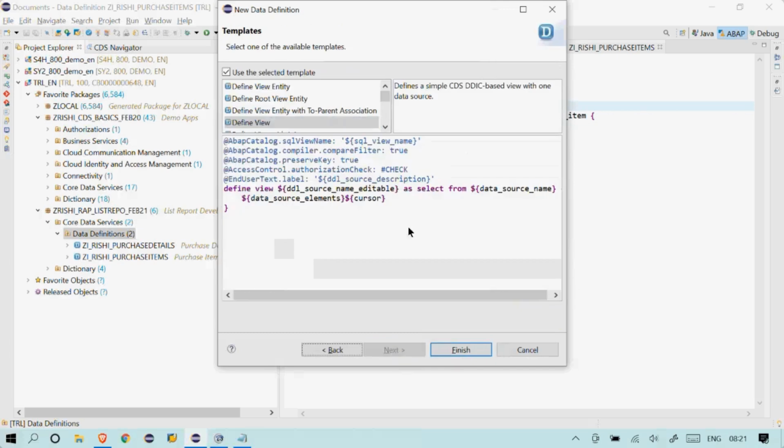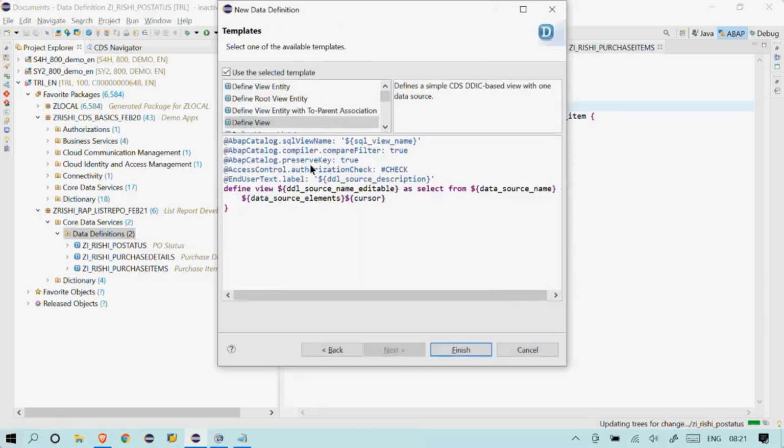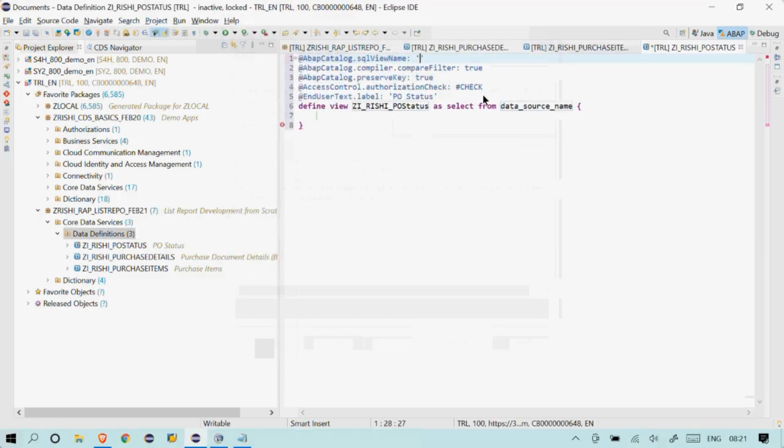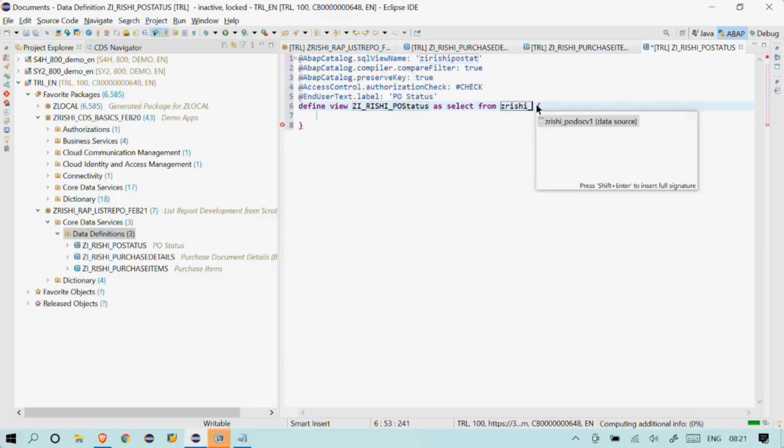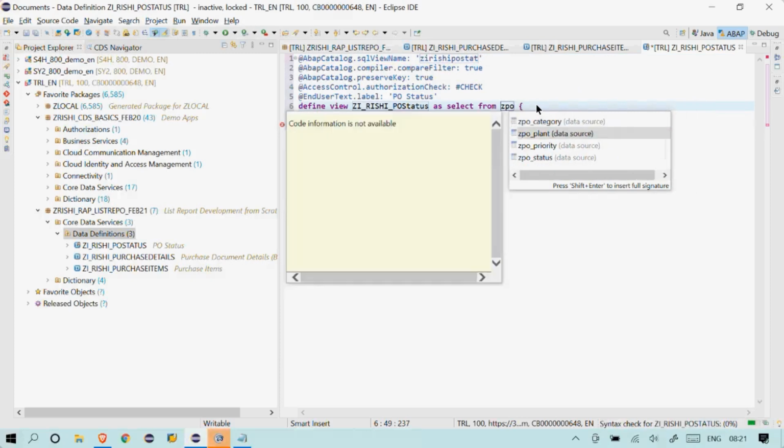Click on next. Hope you're able to follow me. If you feel that I'm going fast, please let me know in the chat. ZI Rishi PO status. Let's look at if there is a PO status table.